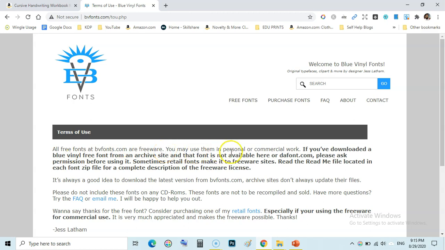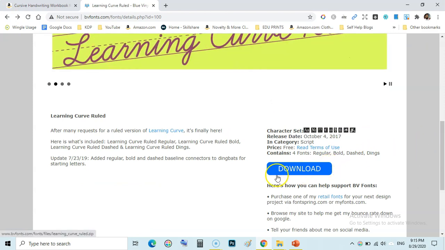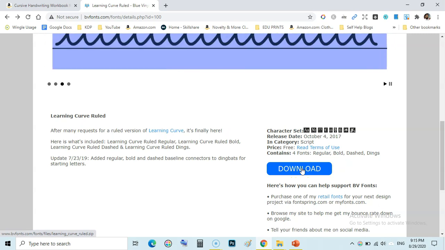You can use them in personal and commercial work if you have downloaded them. So it is sufficient for us. You can use them in personal and commercial work as well. So that is a totally free font, and just click on download and install it on your PC or laptop.